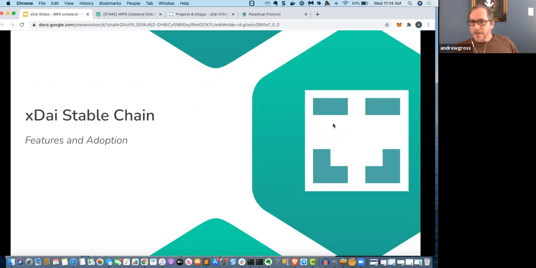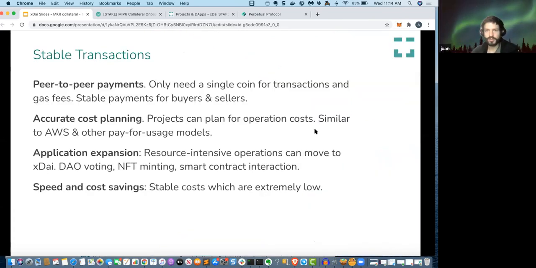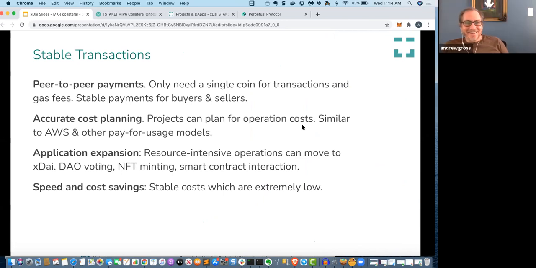So let me speak briefly about some of the features that make xDAI unique. Andrew, let's break for a couple seconds just to check if someone has questions before we jump into it. Sorry to be speeding through it here. No, it's good. We have time. Well, unless you don't, but no. Are there any questions for Andrew at this point or Igor? All right, shy crew today. Let's keep going. Okay, and we'll have time also at the end for any questions that come up based on everything.